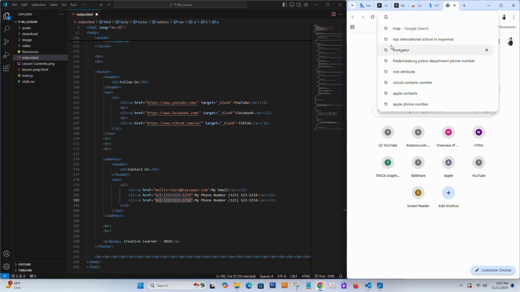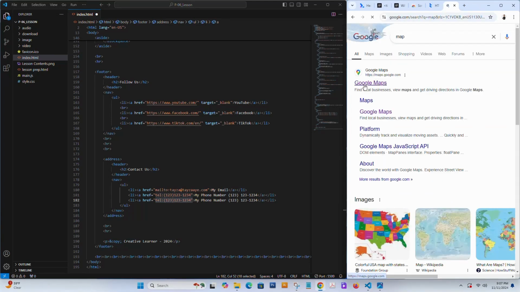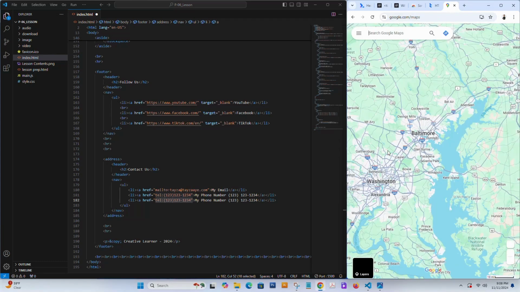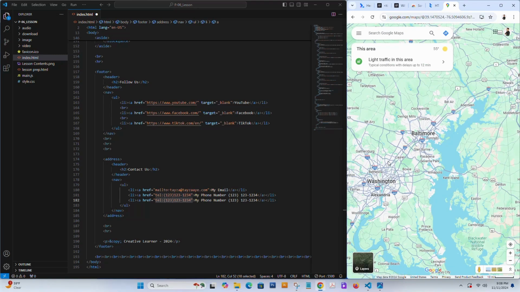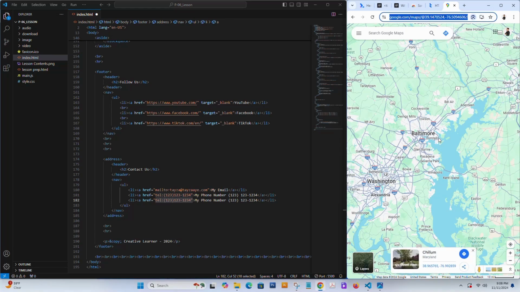So that will be the map, and I will copy the URL, because if you have a specific location, you can pin it on your map. Let's say I want to pin Washington DC. If I pin it, it will create one pin, and then you can simply copy the URL. You can do it that way, but for me I would just use a shortened URL. So I will copy it, and now I replace my tel with the map URL,